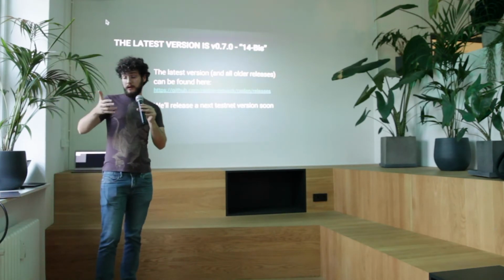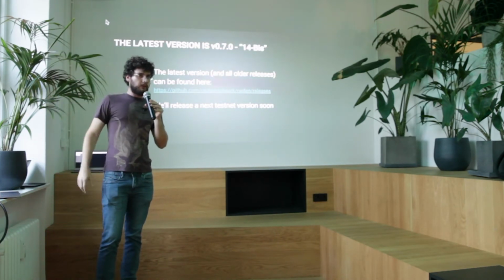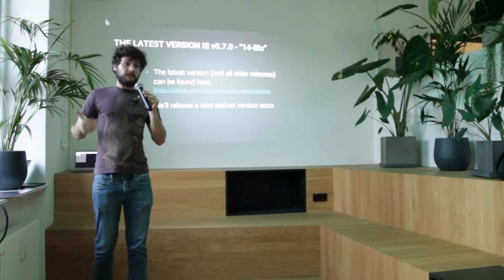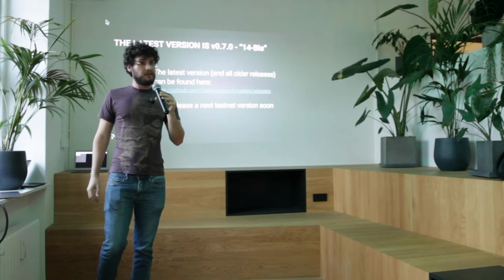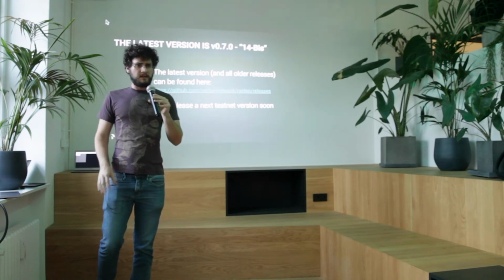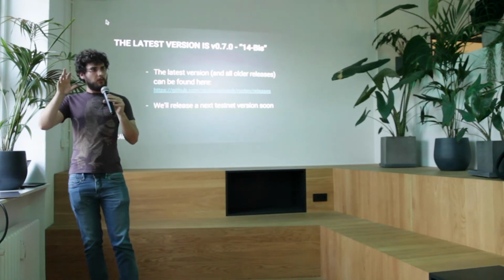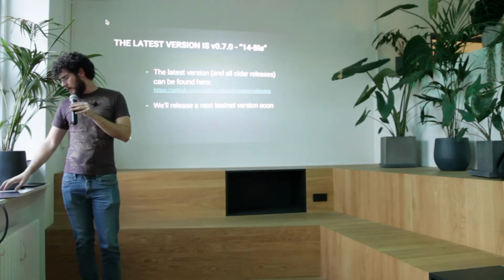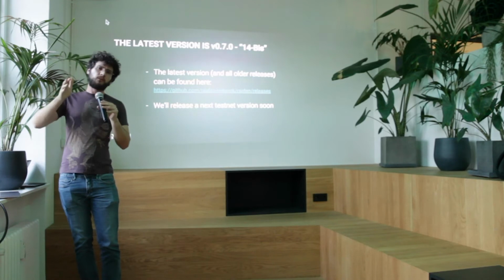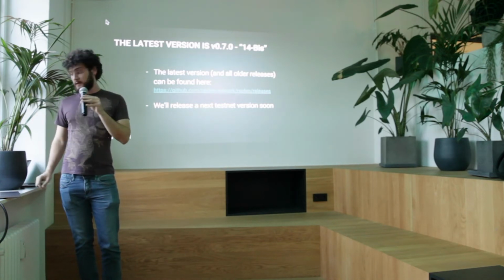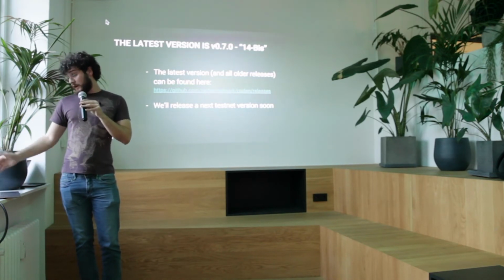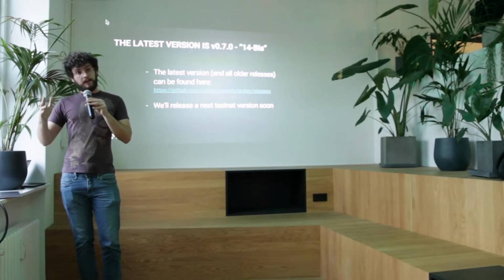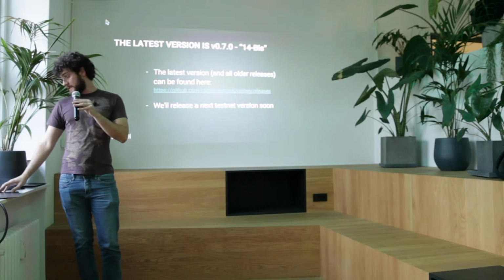Since Ecolo, we have made quite a few releases. Right now we are at release 14 bis. That's available to download. You can just go to the GitHub page and download the release. We have executable binaries that you can use to try out the project. It should be quite trivial to use. It doesn't work on Windows, but it works on Macs and Linux. Our goal is to release some new testnets and then go to the mainnet with Red Eyes.